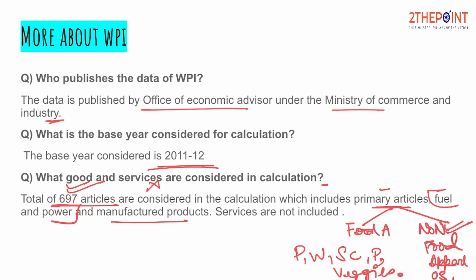But nevertheless, we should not be bothered about which item goes under which head. We should broadly know the three categories into which the goods are divided, which are primary articles, fuel and power, and manufactured products. That is all we need to know. And then next is